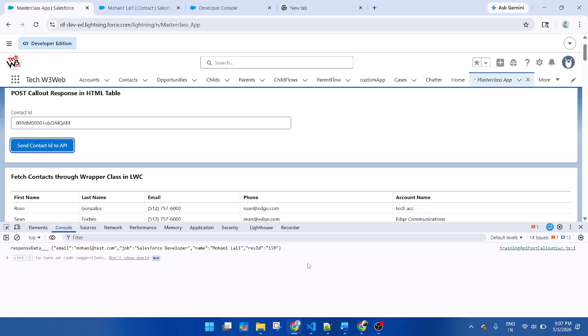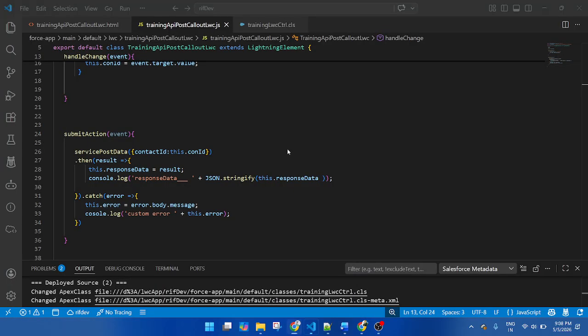If you refresh and execute once again, this ID will change, because each and every time the response ID is newly generated. Yes, got it. So this data is actually returned from the API, and now I am displaying it with JSON.stringify for testing purposes.